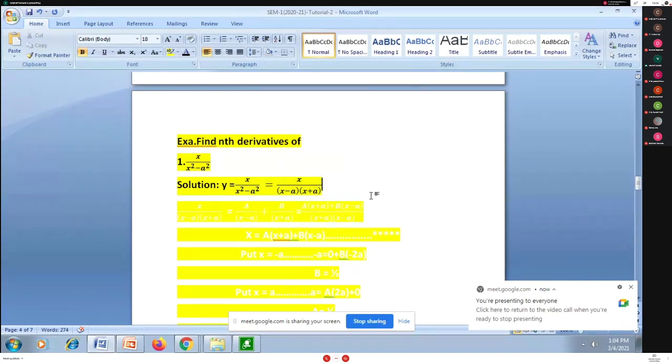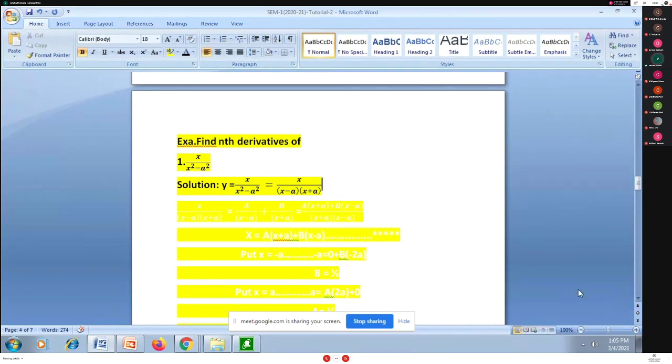So everybody will check for an algebraic function f(x), whenever it is in the form of numerator upon denominator, whether the degree of numerator is less than the degree of denominator. Here I am having the degree of numerator as 1, which is less than the degree of denominator. At that time, I will apply partial fraction directly.